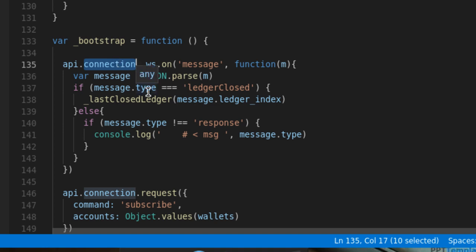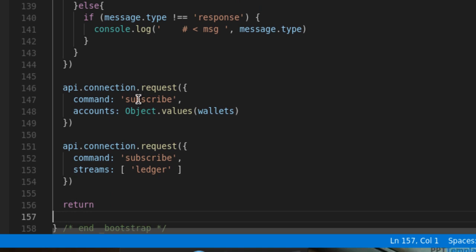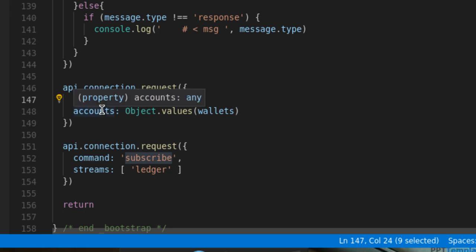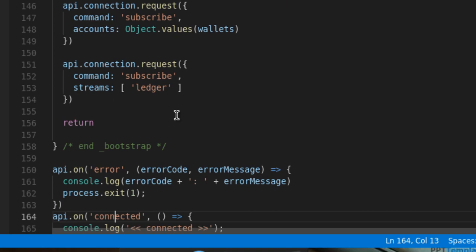After connecting to the network, we are going to invoke the get last close ledger method and assign the result to the variable, and then we are going to subscribe to the account for the wallet, for the ledger stream. The subscribe method basically subscribes you to the ledger, and then you can receive the ledger stream continuously.